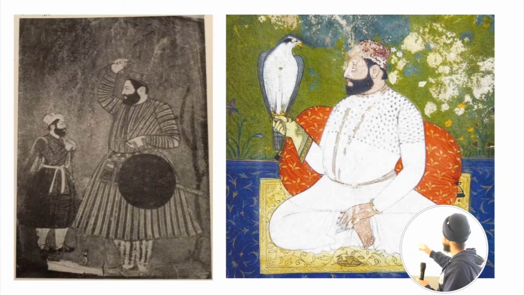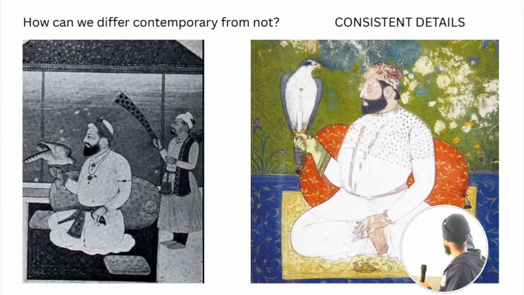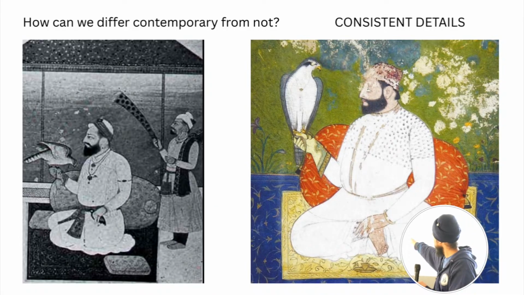And so this is how we differ contemporary from not, is consistent details. So we've seen so many very similar images of Guru Hargobind Sahib Ji there. The pictures reflect the Sakhya that we hear, that they were the most powerful warrior. They were on horseback, they were strong, they had shastra. You see all that in the images. But when you see something like this, where you see certain different jewelry, you see earrings in, it looks completely different to the images we've just seen. So you know for a fact that's unrelated. It's slightly to the side of it.